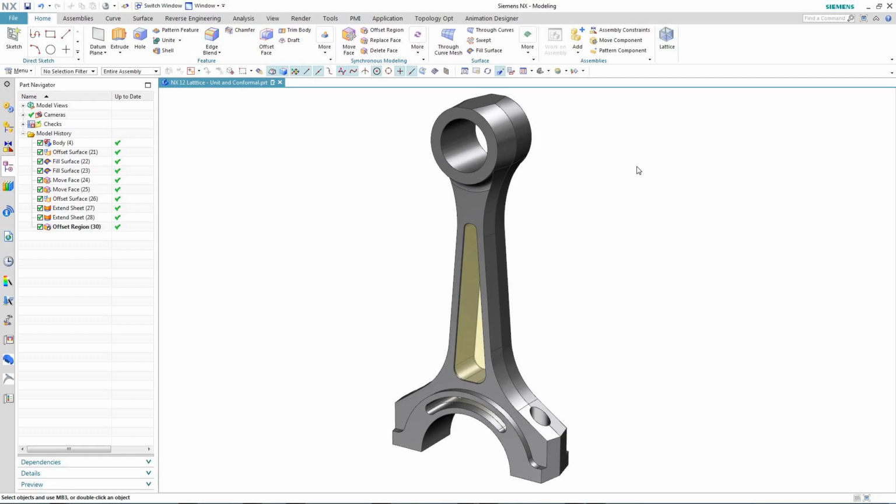The use of lattice structures to provide lightweighting for designs is becoming more popular and prevalent, especially with the adoption of new 3D additive manufacturing processes. Earlier this year in NX 1102, we first introduced the ability to generate a lattice structure, in particular a unit graph lattice structure, which means you're able to fill a solid volume with a lattice structure to provide the lightweighting. Now in NX 12 we've added the ability to specify a conformal graph lattice, and that means we